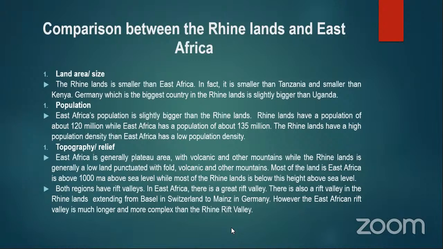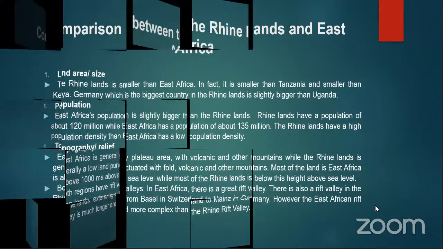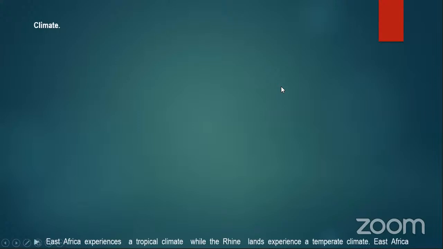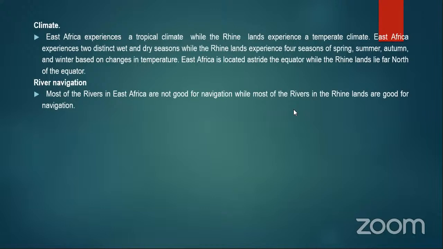In the Rhinelands, the Rift Valley, I've told you, extends from Basel in Switzerland and goes up to Mainz in Germany. However, the East African Rift Valley is much longer when you compare the distance covered. The East African Rift Valley is much longer and more complex than the Rift Valley in the Rhine region. So we are saying both regions have a Rift Valley. Then when we go to climate,